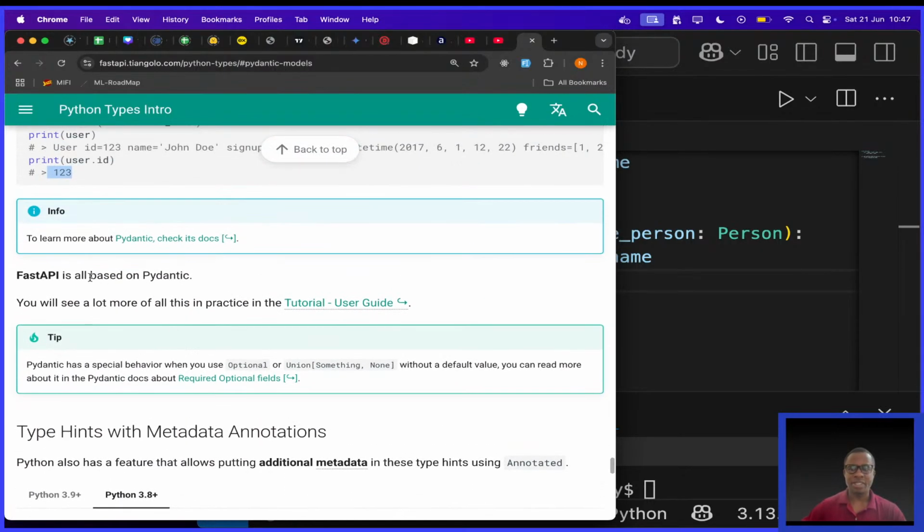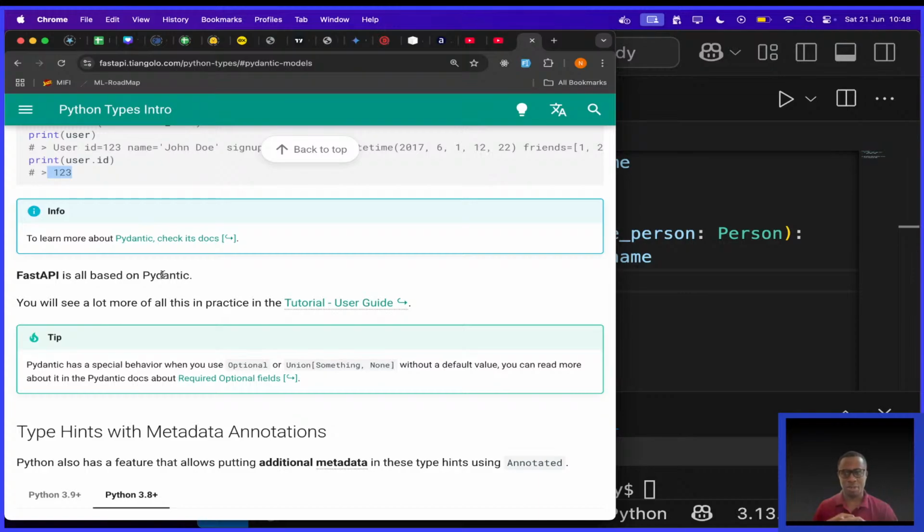Then they're saying FastAPI is all based on Pydantic. Now this makes sense, guys. Do you see this? This makes sense actually. FastAPI is based on Pydantic, which is simply a tool built around us Python developers having annotations, and it helps us with validation.